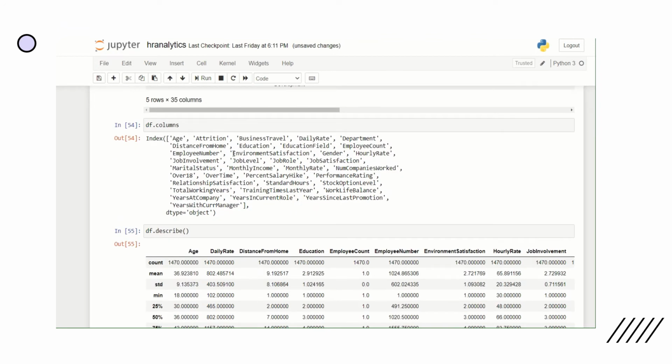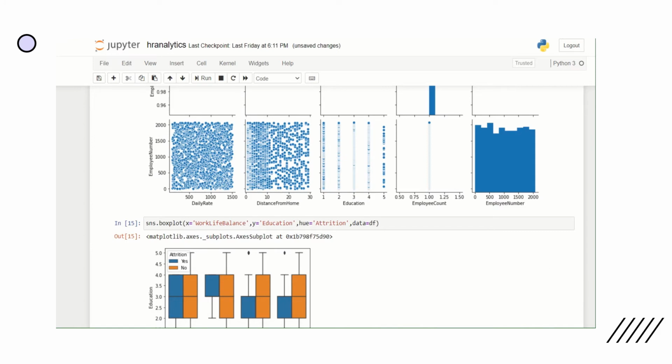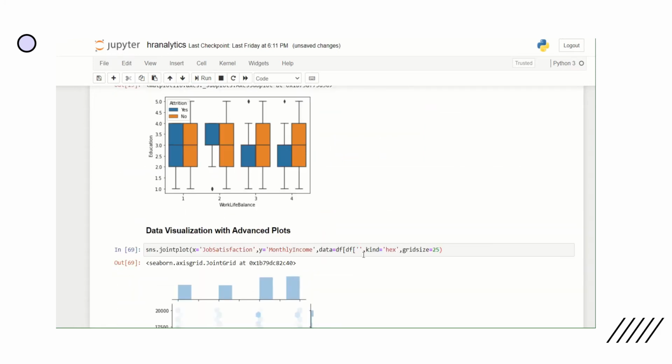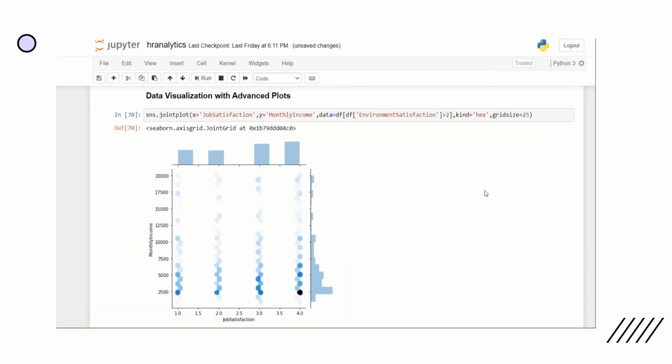Let's take environment satisfaction, when this is greater than 2. Now I'm going to draw the joint plot based on this condition. So we can see that based on this condition the points are grouped.